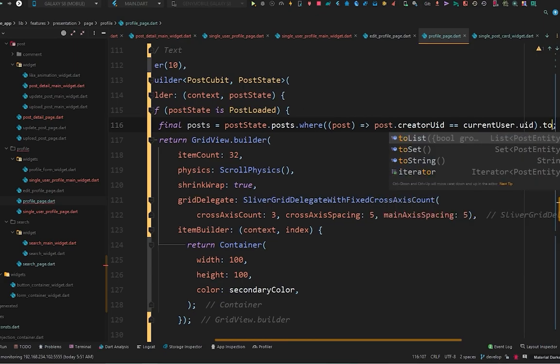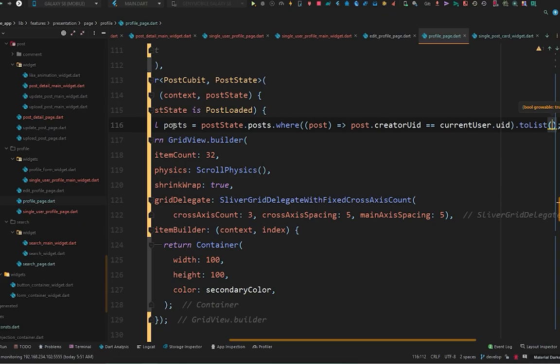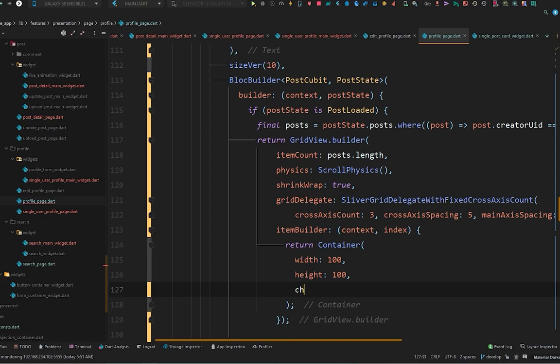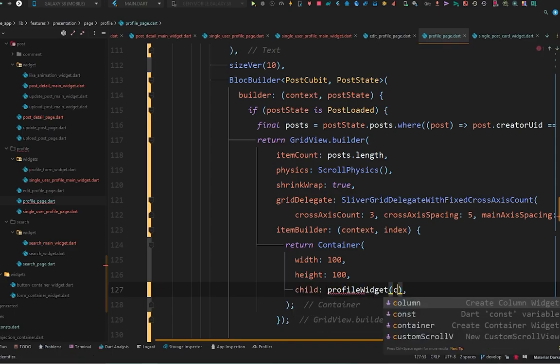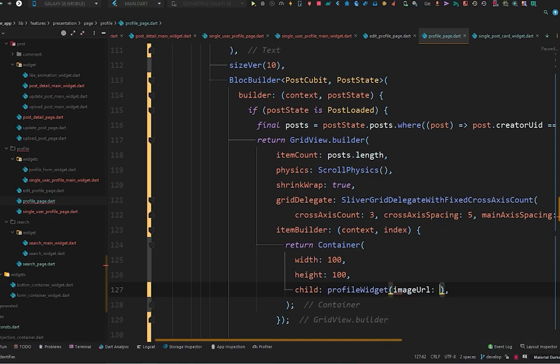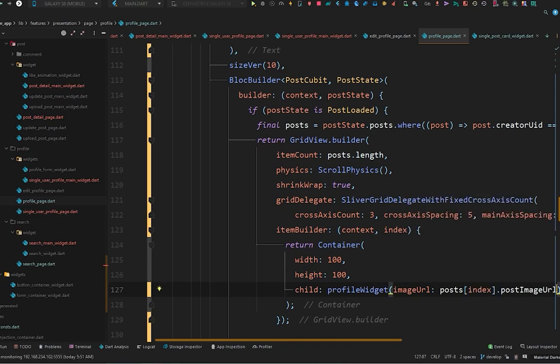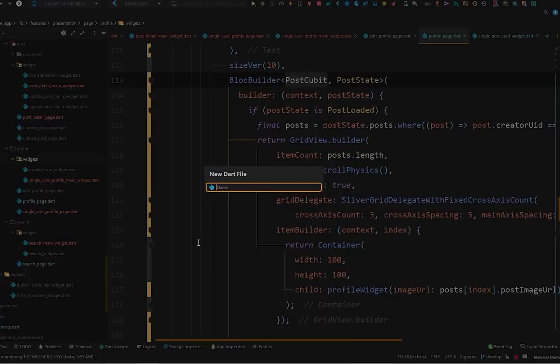So on that base we have to load the post, so convert it to list, and this post access the length of it, and in the container remove this color, and in the child simply do profile widget, and in the image URL pass the posts on index.post image URL. So we know that we don't have the post qubit in the context, so for that we have to create the